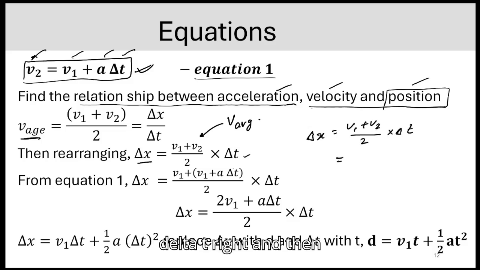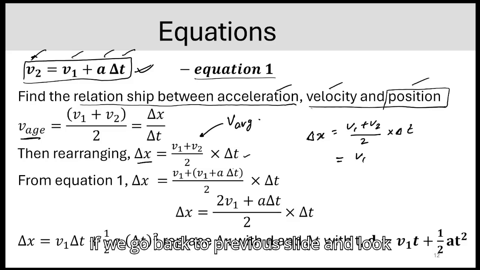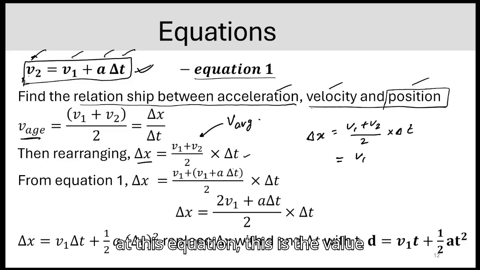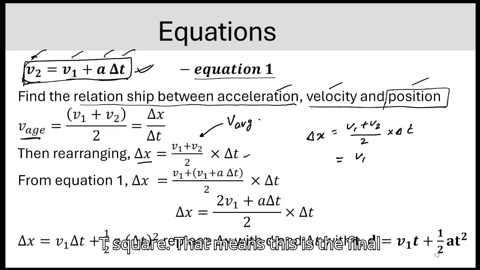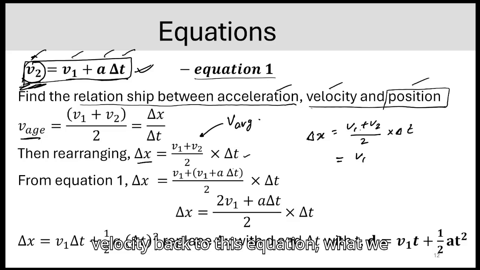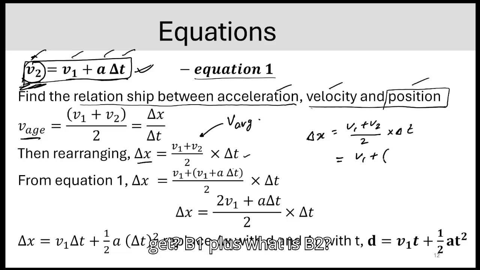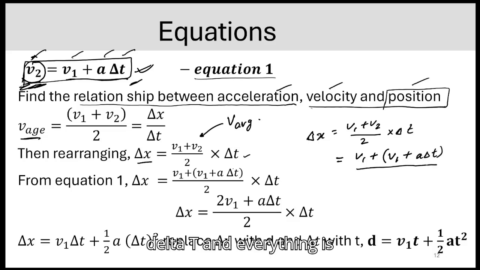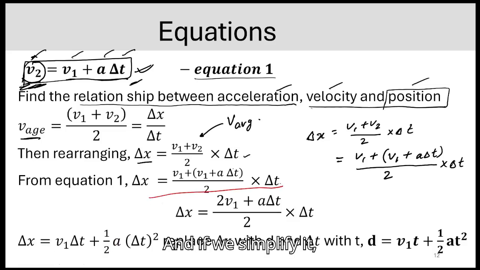Right? And then if we go back to the previous slide and look at this equation, v2 equals v1 plus a delta t. That means this is the final velocity. If we substitute this final velocity back into this equation, what do we get? v1 plus what is v2? v2 is v1 plus a delta t, and everything else is as it is. So that is how we get to this equation here. And if we simplify it,